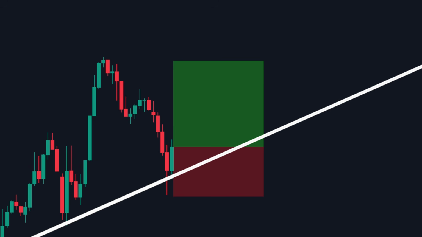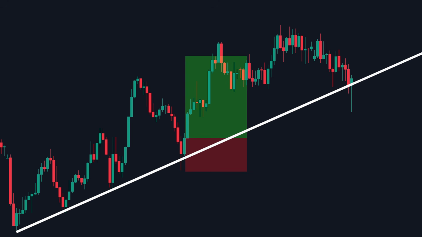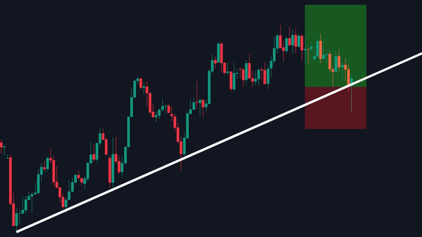My first target is the most recent swing high, and I'm not using a fixed take profit for the rest. As price pushes up and prints a new higher low, I trail my stop under the trend line and keep moving it up along the line. Look at this. Price is lifting off the zone. New impulse, new higher low forming. I slide the stop up. The trade is now risk-free, and I haven't done anything except follow the line.